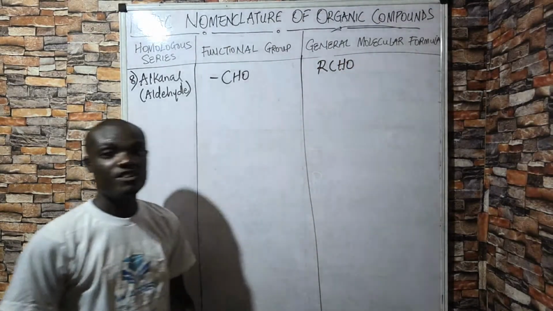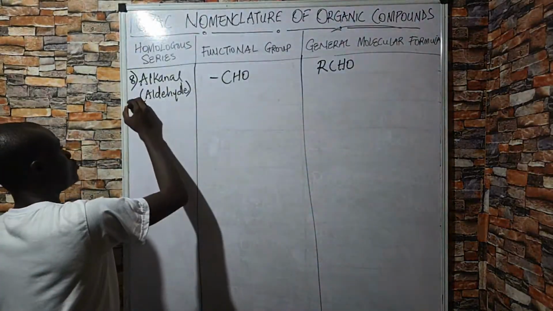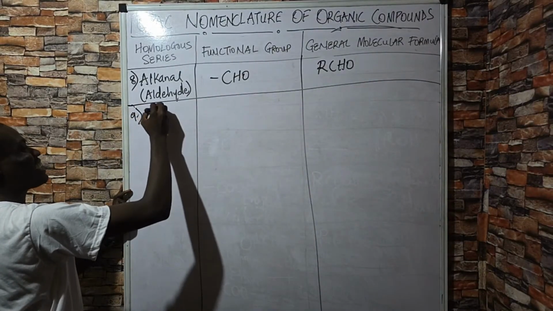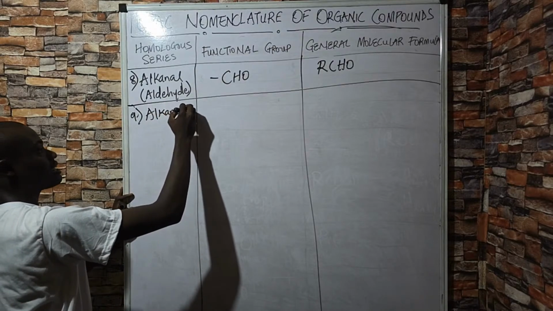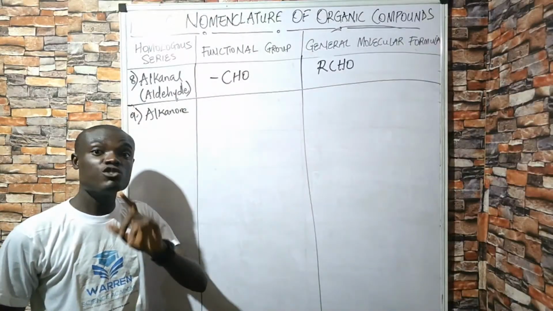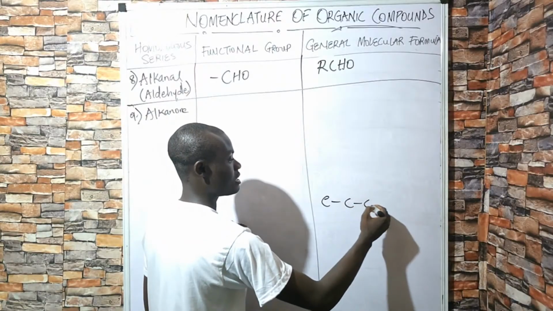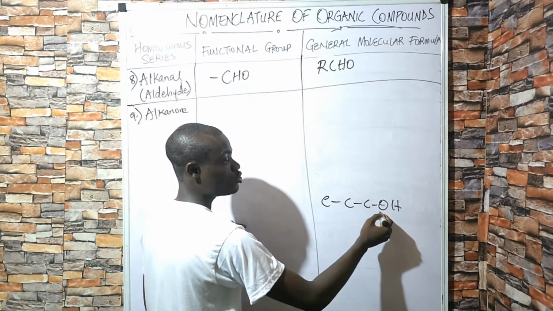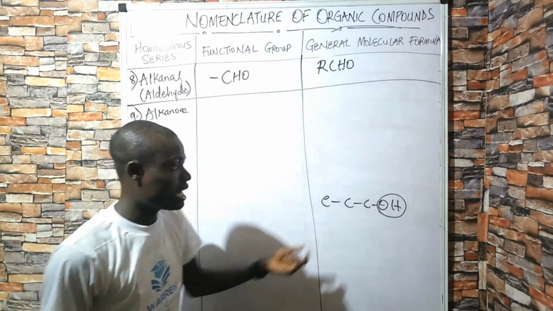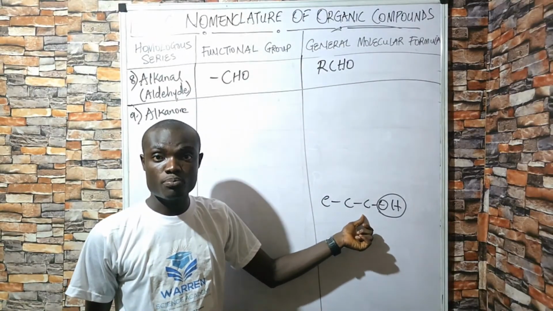Already we've established the fact that R here is an alkyl. So take note of that, that's an alkyl. Then number 9, we have what we call the alkanone. Take note of their functional group, because you cannot name any compound if you don't know the functional group. Imagine they give you a compound that has something like this, then an OH here. If you don't know that this is alkanol, there's no way you can name this compound. Well, it's a very simple thing. I'm just going to count the number of carbon atoms: 1, 2, 3. So 3 is what? A prop. So prop.